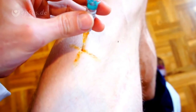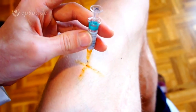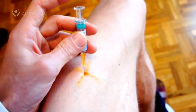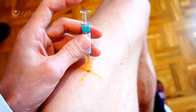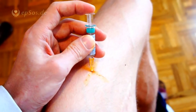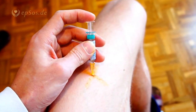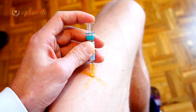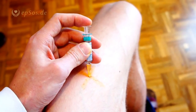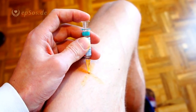Let's vaccinate some more, inject some more into the muscle. Straight. Let's see. Yes. Oi. I got the nerve in here. A little bit further away. Yes. Like that is better. There's a little bit of slight pressure. Muscle has to be relaxed. If the muscle is relaxed, then the liquid flows better into the muscle. If it's tense, then it doesn't flow that well and it stiffens up, and the pain comes from this stiffness. Okay, let's pull the syringe a little bit out